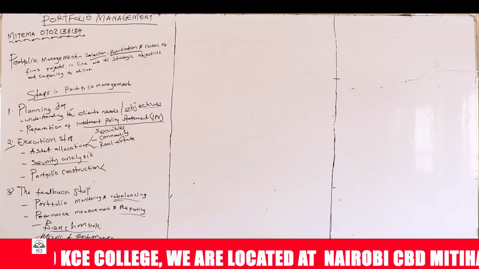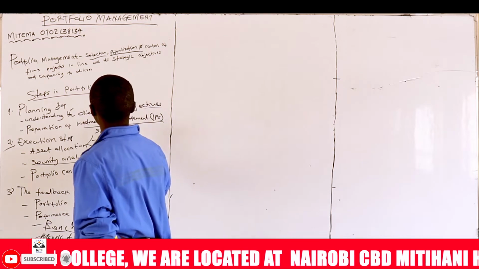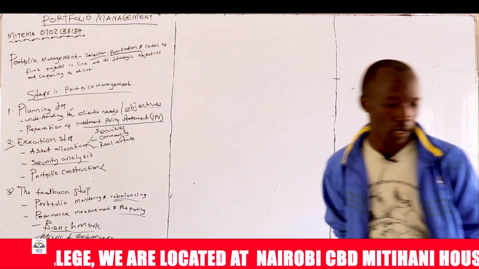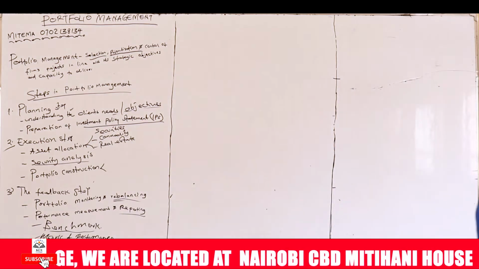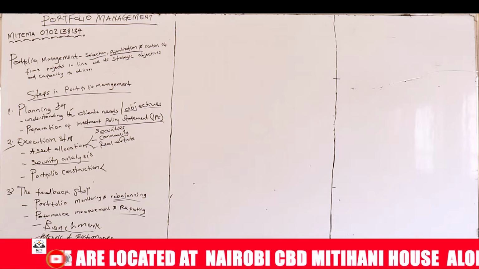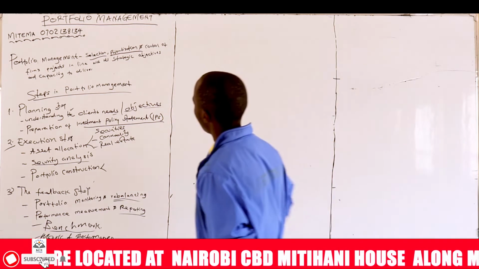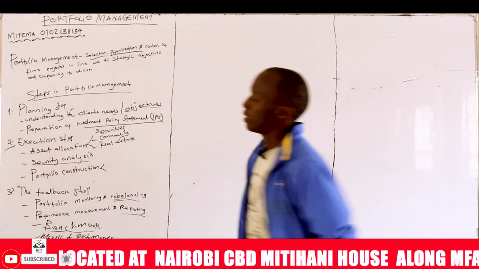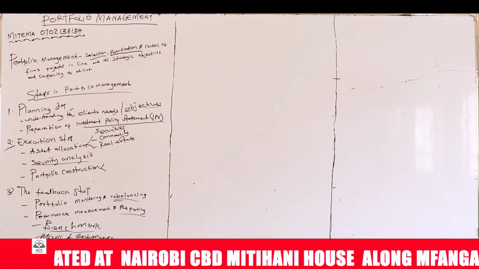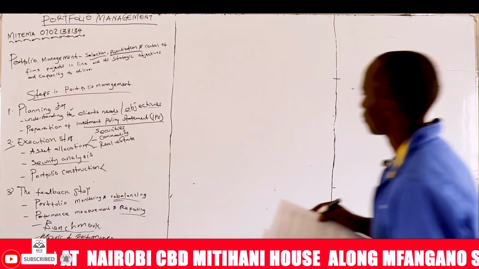So we say that in the planning, after you have understood the objectives of your clients, then there is the issue of preparation of investment policy statements. An IPS is typically a document that is going to give you a guideline on the steps which you are going to follow to meet your client's needs. And it may include the following elements. The IPS, that's the investment policy statement, includes